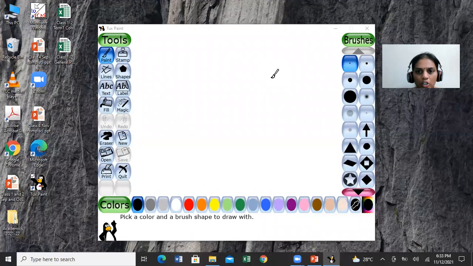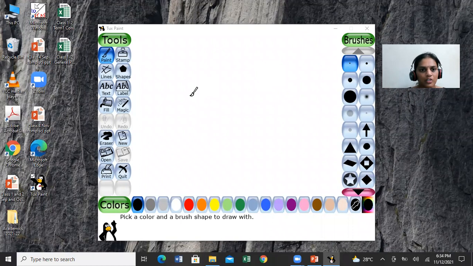So we are going to start with the tool called foam effect. I hope you have heard this word before. Foam is nothing but what you have seen when your mother washes your clothes. When she puts washing powder into the water, you can see the foam appear inside the bucket. That foam effect can also be given in your drawing. So we're going to see how to apply this foam effect.